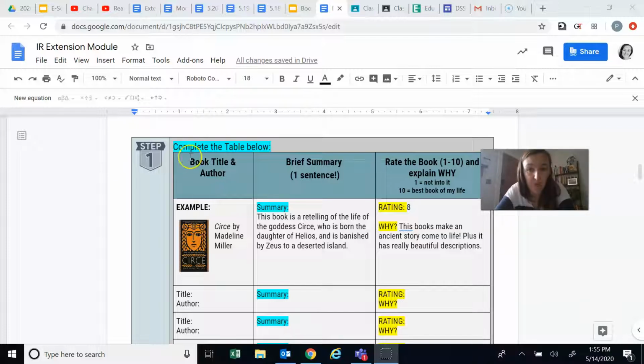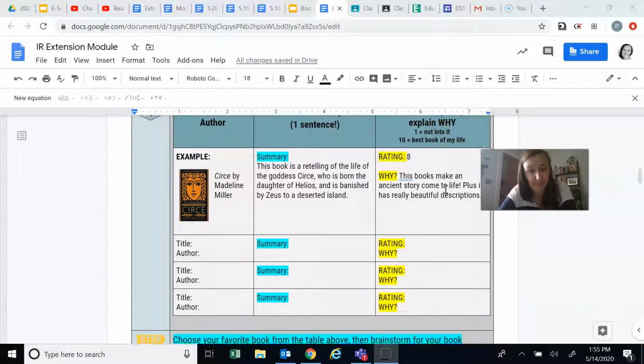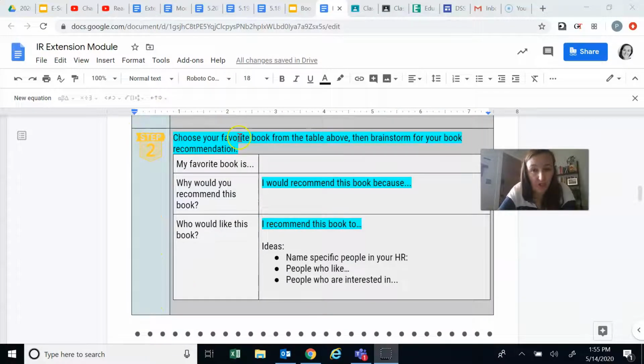You're going to write a brief summary about these books, just enough to share the gist of what the book is about. And then you're going to rate the book 1 to 10 and explain why. After that, you're going to choose your favorite book from that table, and further brainstorm why you like this book and who you would want to recommend it to.